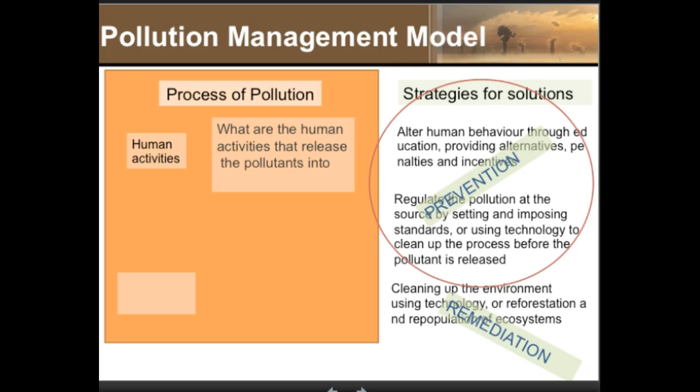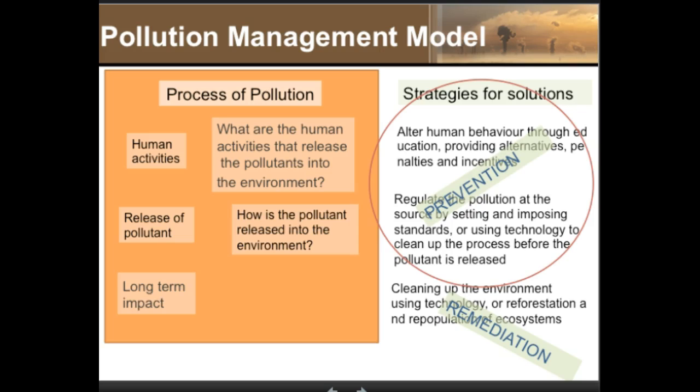So what are the human activities that release the pollutant into the environment? What is it that's going on? And then we can start dealing with that based on the specific type of pollution. The release of the pollutant, what do we know about the technology that goes on? Is there something we can do to mitigate that pollutant being released? And then the long-term impact, it's out there in the environment, it's happened, it's in the past,